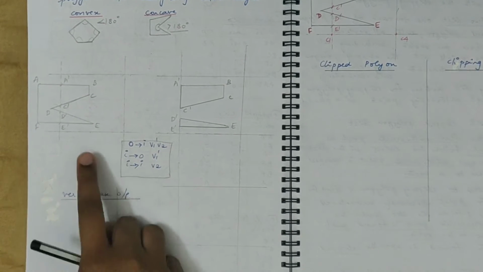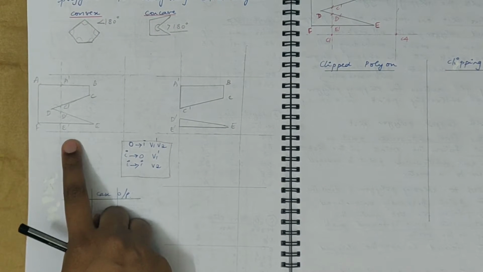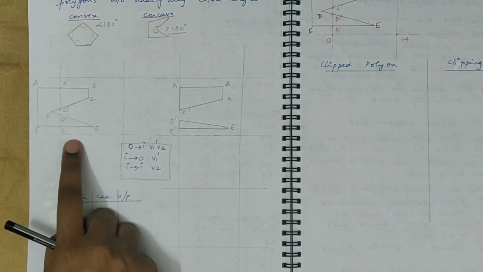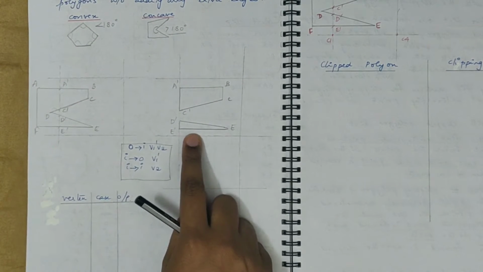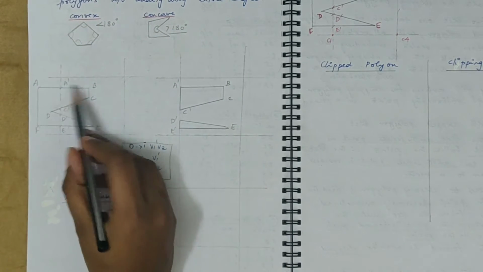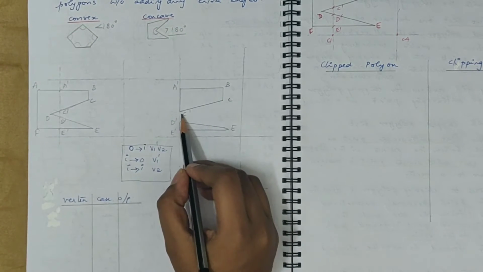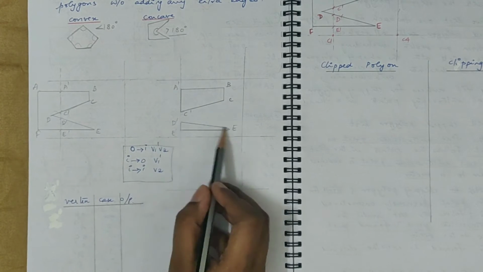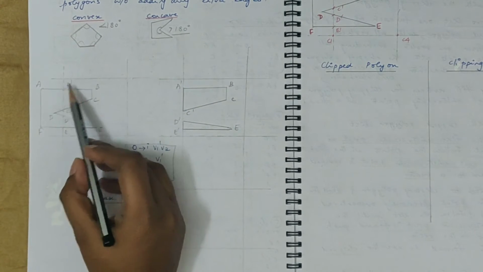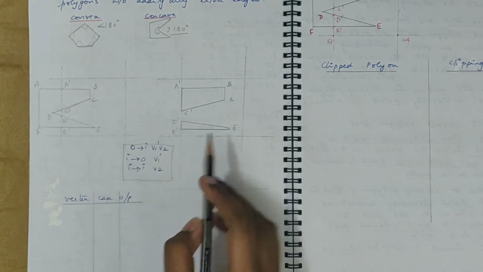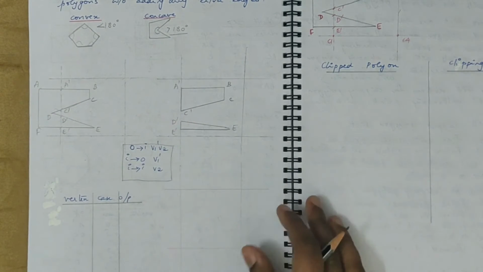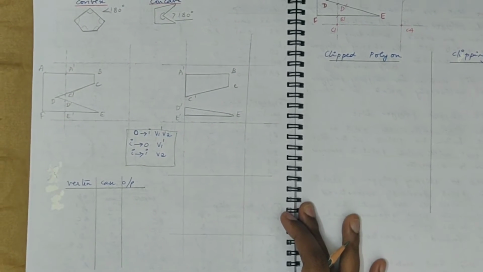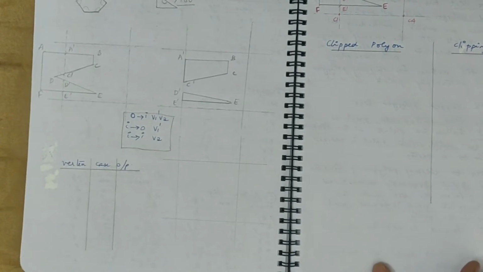Suppose you have a polygon like this, and this is a clipping window, so you are expected to get this as the output, right? This will be A dash B, C dash as one part of the clipped polygon, and D dash E dash will be the other part of the clipped polygon. I have marked the intersecting points here with the clipping window. So let's see if you get this output if we apply that algorithm.